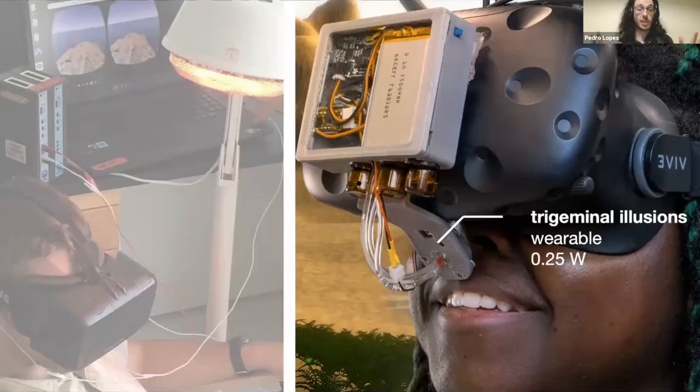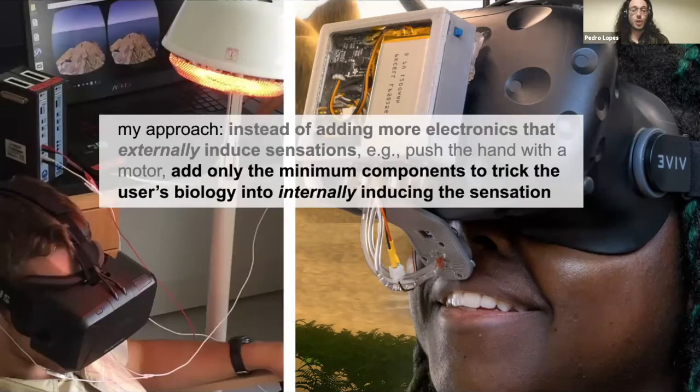Now, what is interesting is to go back and contrast these two things. What Jazz created, trigeminal temperature illusions, is really just a device that pulverizes a little piece of smell. It's inspired by Patty and Judith Amores' Essence device, right? The beautiful thing is that now we don't have to take kilowatts of power. We need a quarter of a watt, but we can do temperature. It's not an olfactory device, but it's a temperature-based device. And it's yet another showcase of this idea of, let me find the minimal components to internally induce the sensation